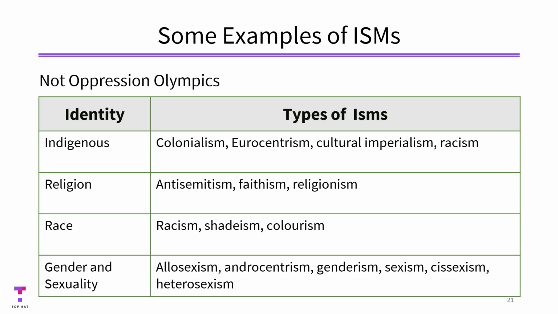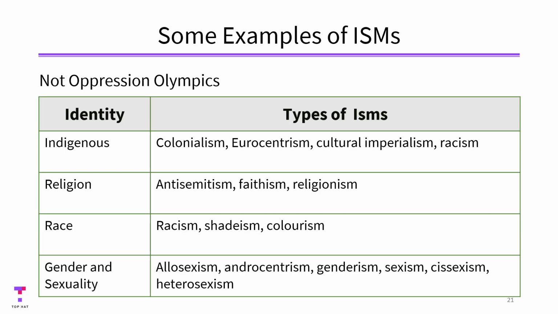And what's important when we look at all the different forms of discrimination that end with ism is that this is not the oppression Olympics. One form of oppression and one form of discrimination is not more important than another, and does not deserve more attention than the other. All are important, all need to be eradicated, and many times the different forms of oppression are